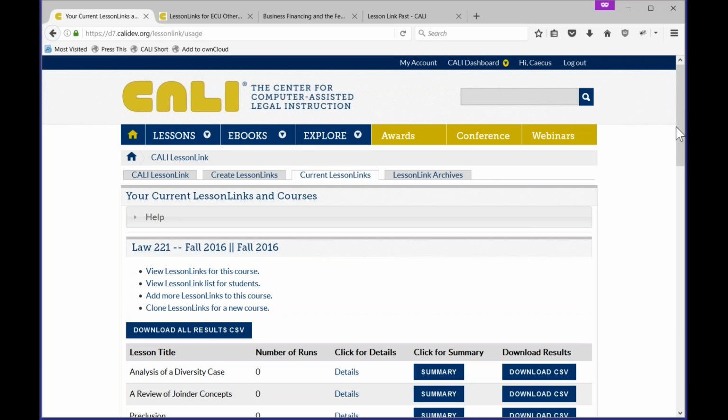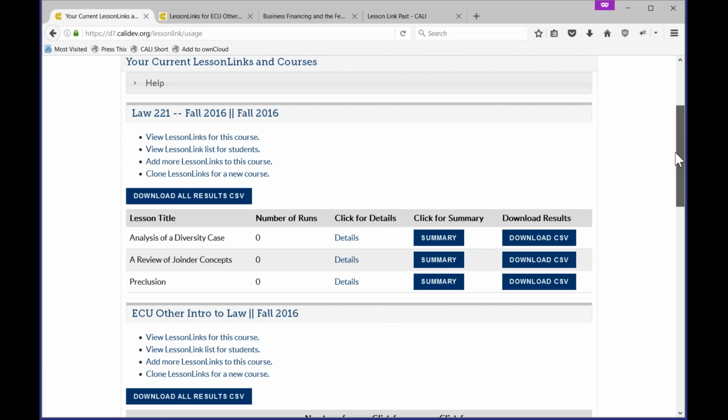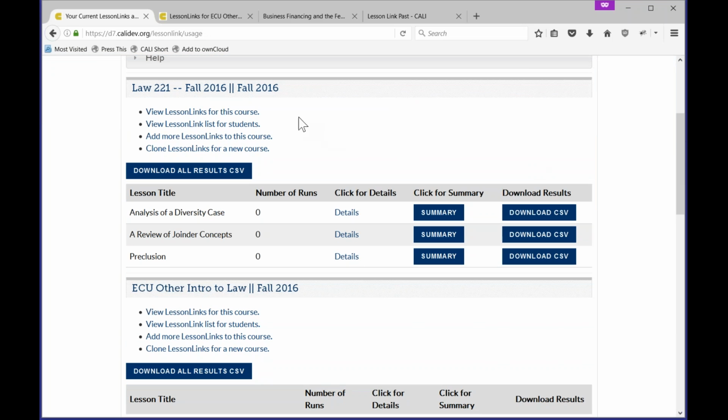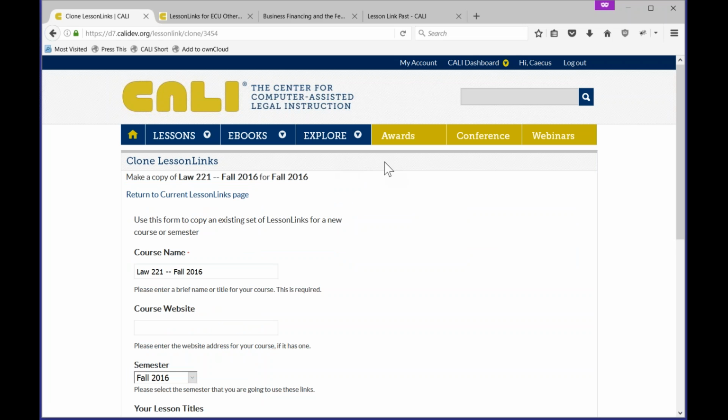So if you want to reuse a set, it puts the most recent ones at the top. So this is the set that I just created. If I wanted to clone these, say I want to use these for next winter also, I can click the clone link, and that's going to set me up with